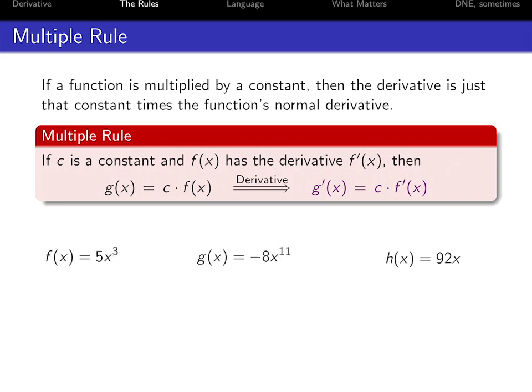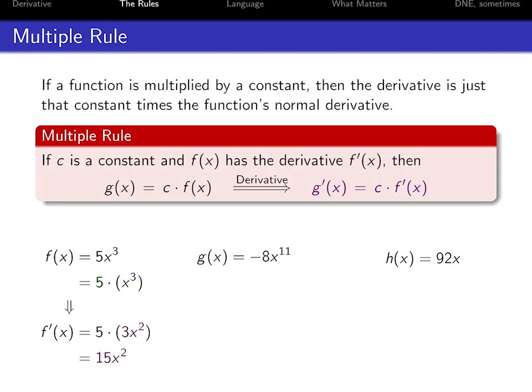F of x equals 5x cubed. First thing we could do is identify, oh, that's 5 times x cubed. X cubed, we've got a rule for, right? We use the power rule, so we can pull down that. So we have 3x squared for that. The 5, nothing happens to the 5. It's the constant. It just sort of moseys on to the next part. It doesn't actually do anything in the derivative. It just sort of goes from the first function to the derivative function, right? It just moves through. So 5 times 3x squared, at this point we simplify,